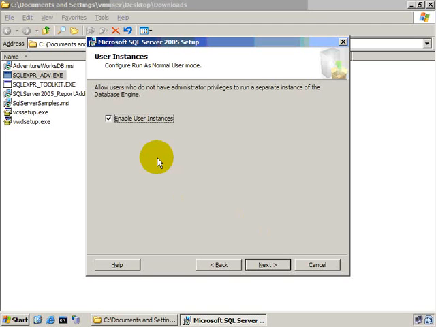We'll get to this screen that will allow us to select whether or not we want to install user instances. If you're not sure what user instances are, I would refer you to lesson number 7 in this video series. But what's important here is that full text search is incompatible with user instances. When you install SQL Express with Advanced Services, you're going to need to make sure to deselect the Enable User Instances checkbox in order to turn off or